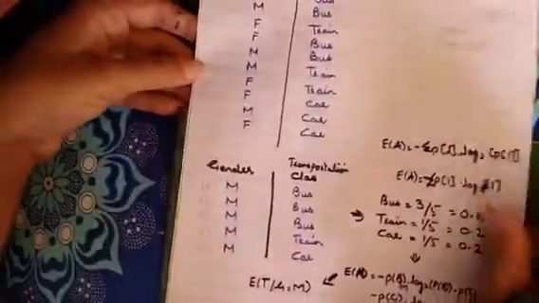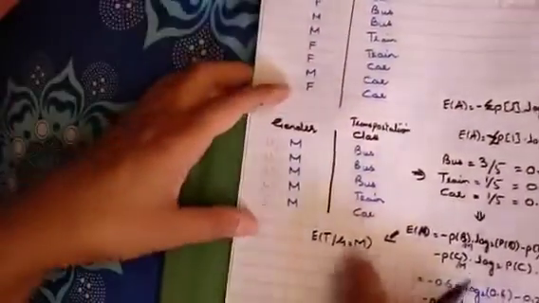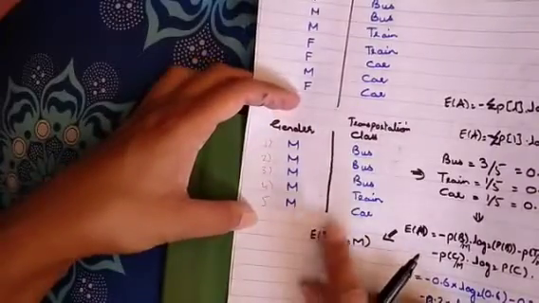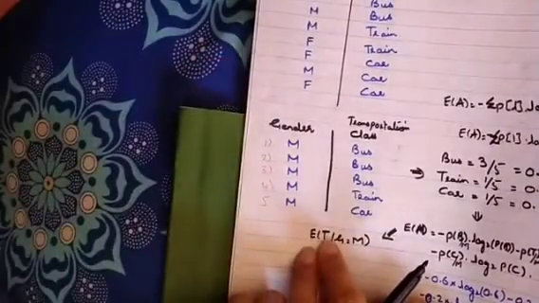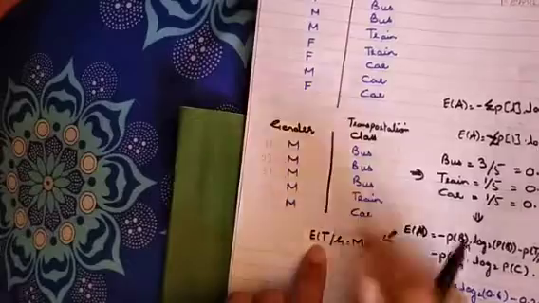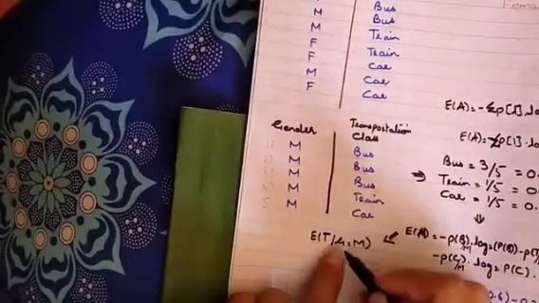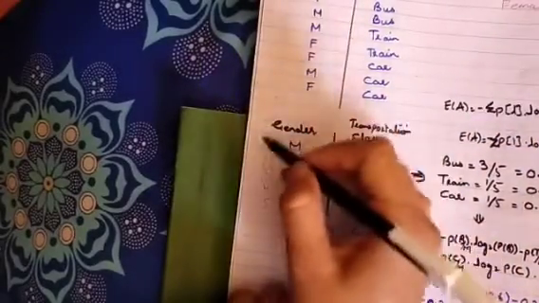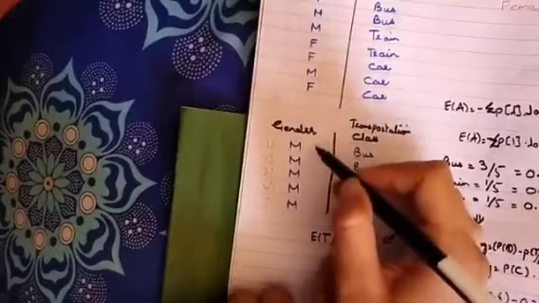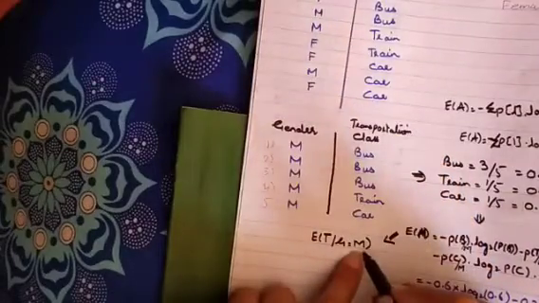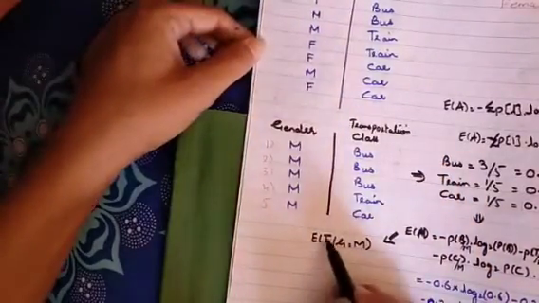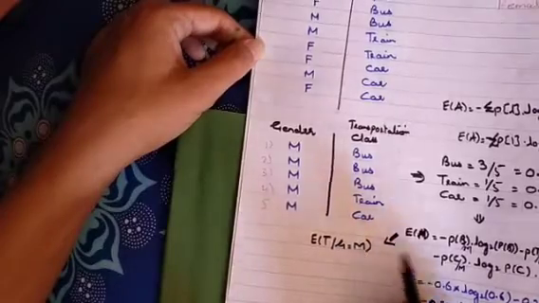तो यहाँ पे अगर हम मेल जेंडर के लिए देखें, what do we need to do? We need to find out the entropy. We need to find out the entropy of a given class of transportation, and over here we are considering the attribute gender labeled to be male. So we have to find out the entropy of transportation given that gender is equal to male.